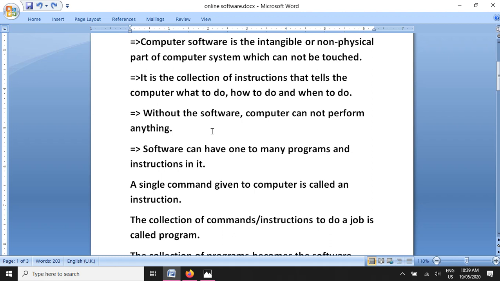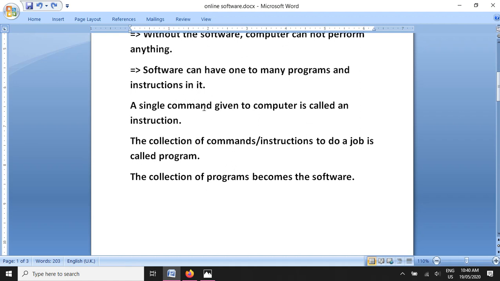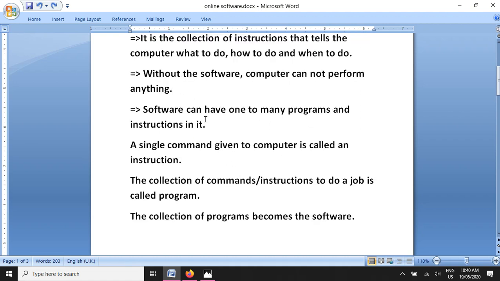Software tells the hardware its job. What are their jobs? It tells the mouse to work, it tells the screen to display things. Yes, it tells the keyboard to get the input from the user. Software tells the printer to print something if there has to be printed. So software gives the commands. Without the software, the computer cannot work. It is the essential part of the computer after hardware.